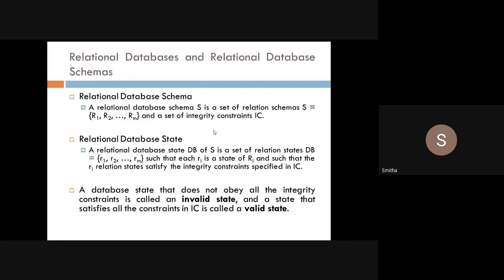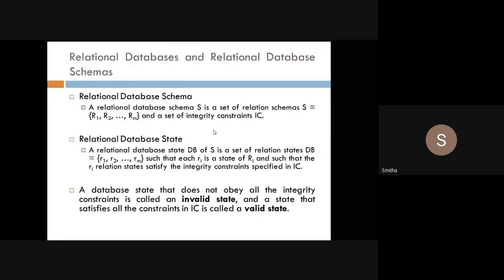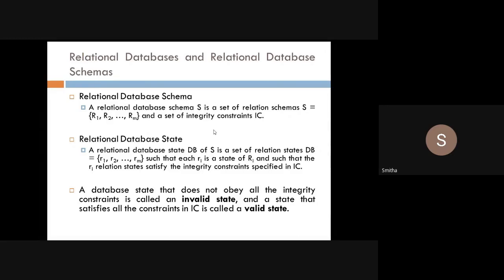So we will have some constraints or conditions on those integrity. If we want to integrate those relations, then we will have some constraints called integrity constraints, that we will refer to as IC. Got it, students? Then relational database state.